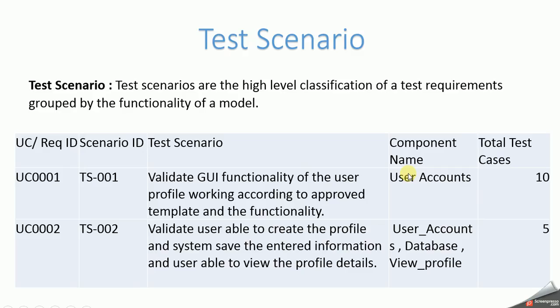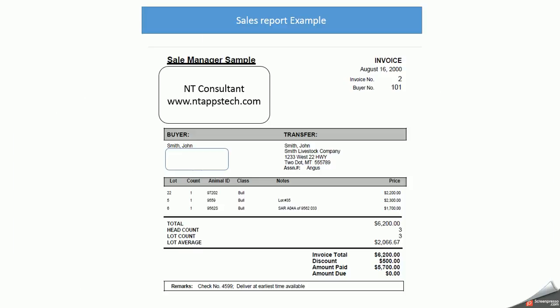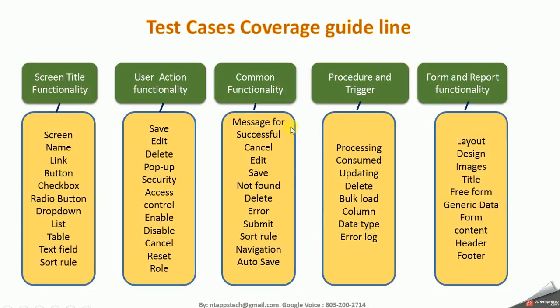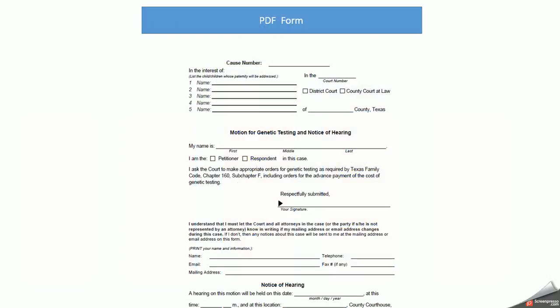for this screen and this sales report, and there is a PDF form. So what are the things we need to cover? As you see, there is a checklist we can consider: screen title functionality. If I go here,